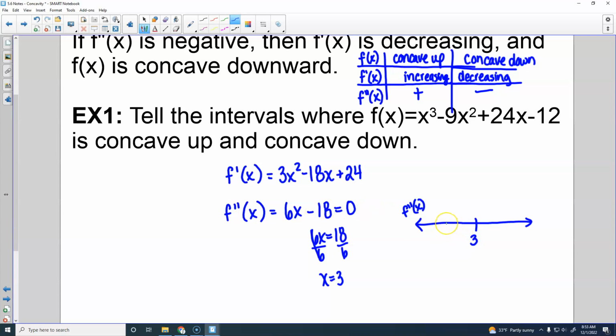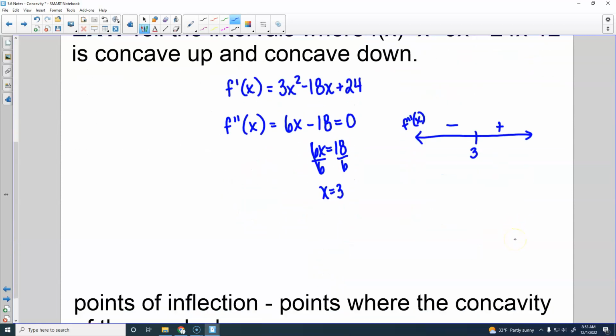So if we plug in a number like 0 into our second derivative, will we get a positive or a negative? Negative. If we plug in a number like 4, what will we get? Positive over here. Okay? So much like your other problems, you are going to need to explain this. So you would say f of x is concave up on negative infinity to 3 because